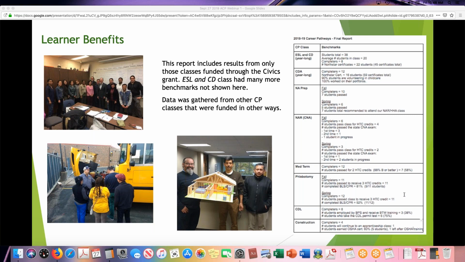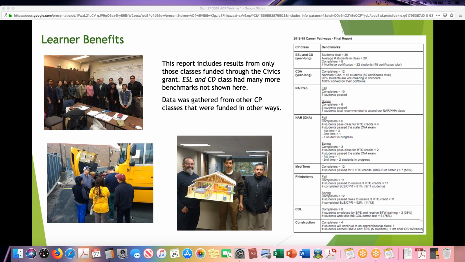It's an example of how we keep track. This report only covers the civics grant classes, but we do collect data for the other classes, like Computers for Work, funded in other ways.